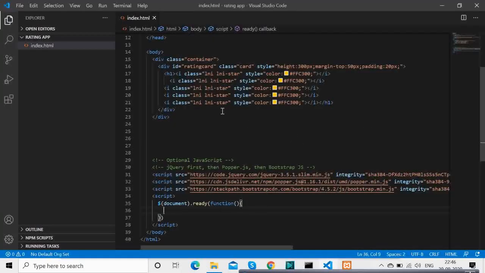So basically we have got the JavaScript running. So now what we'll be doing is we'll be manipulating those. So basically what we need is an ID. So basically we need to add an ID so that we get hold of that DOM element, and then we can manipulate the star rating. Okay, so that's what we are doing.